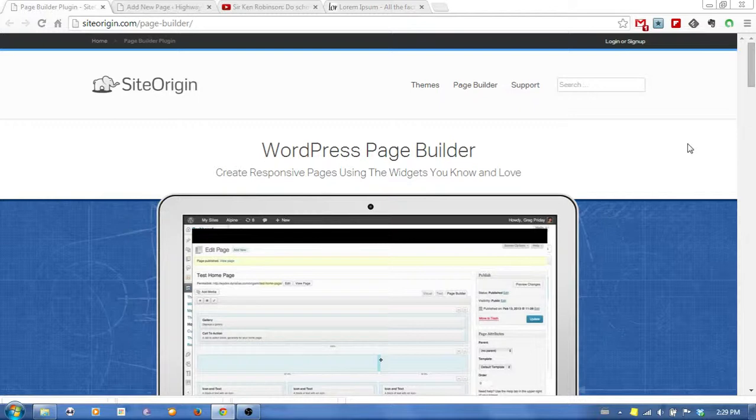The other cool part about this is that you can actually add widgets to the middle part, to the main content frame of your web page. Normally widgets are on the sidebar or in the footer, sometimes occasionally in the header, but with the Page Builder plugin I can put widgets, and we can put